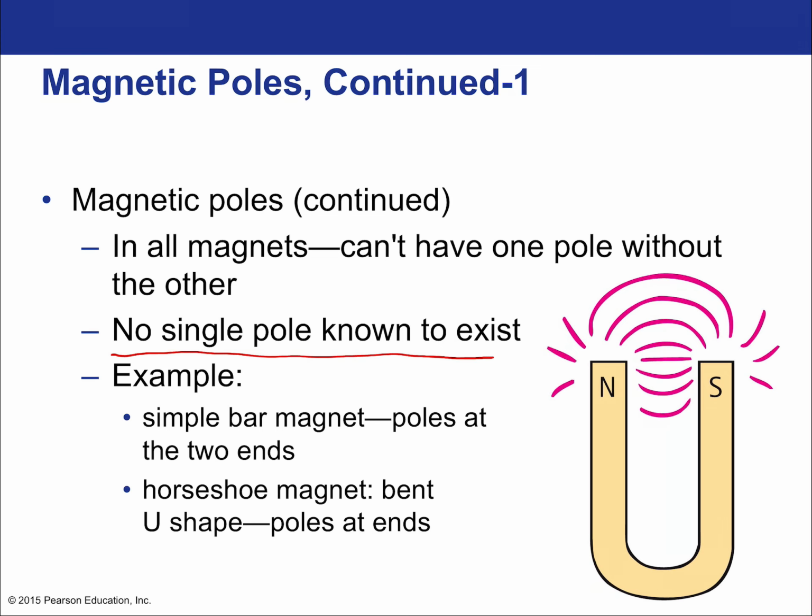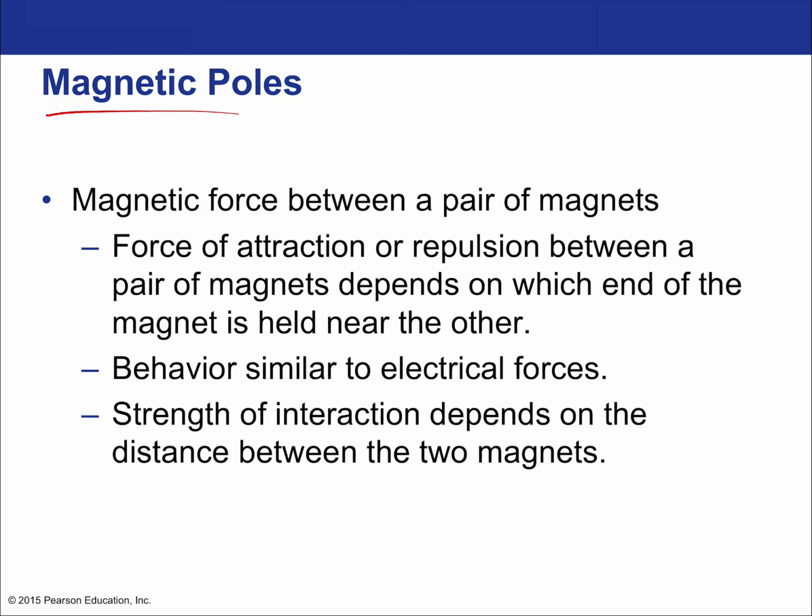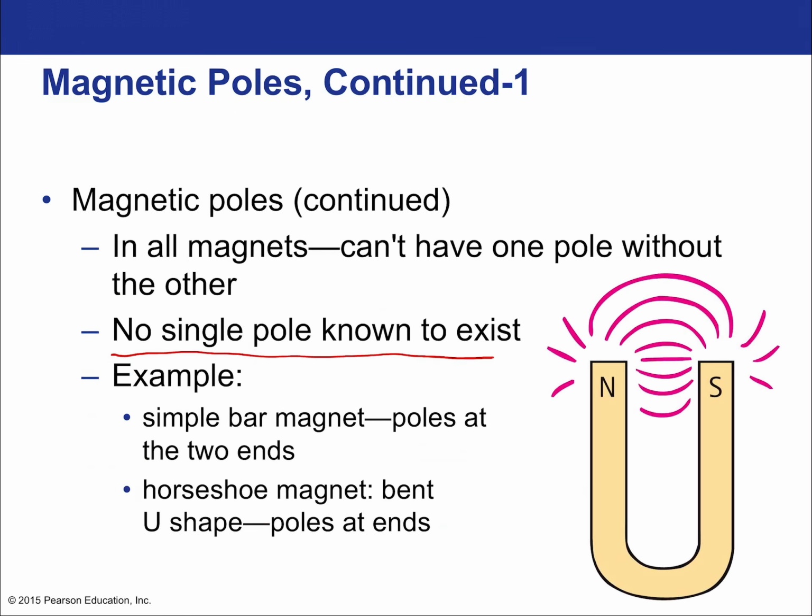Okay? So you're probably thinking, wait, isn't this the simple equivalent of Coulomb's law? I mean, we've got like repel and opposite attract. We've got an idea that it depends on the distance between them, and it weakens with greater distance. But notice, no easy formula. And first of all, it doesn't even weaken with the square, so there's no inverse square relationship. Why? Well, probably best illustrated by this statement right here: no single pole is known to exist.